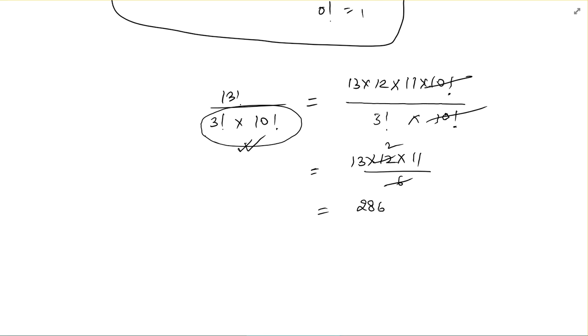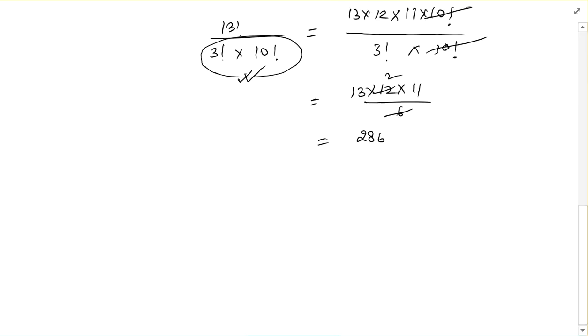I am not telling you just to memorize. I will also explain why 0 factorial is equal to 1. So this is your factorial notation topic, and thereafter we are going to learn two basic formulas. Basically, the permutations and combinations chapter is